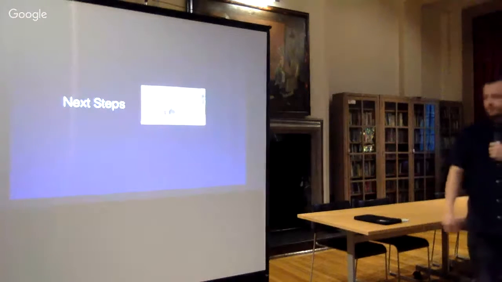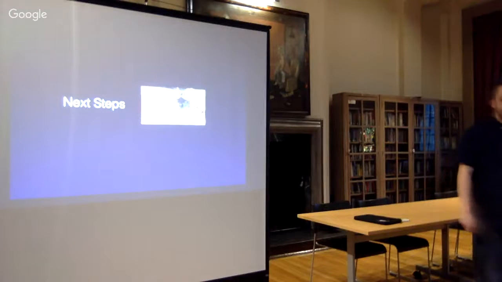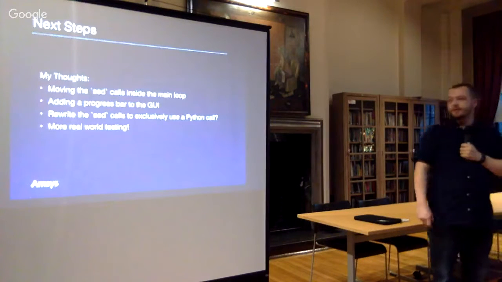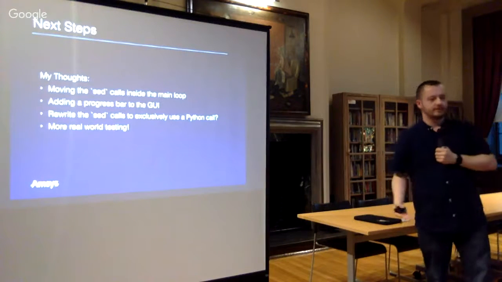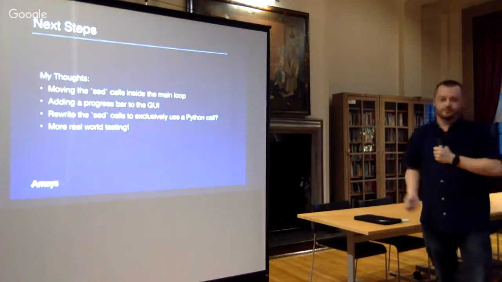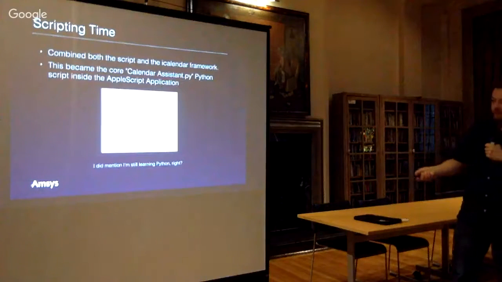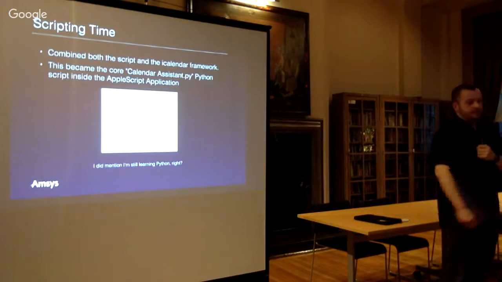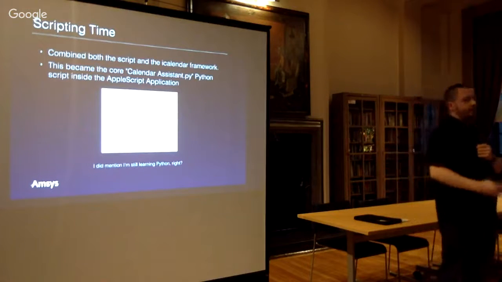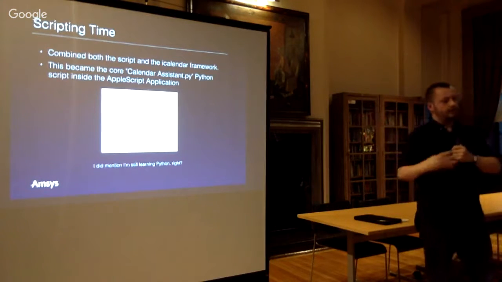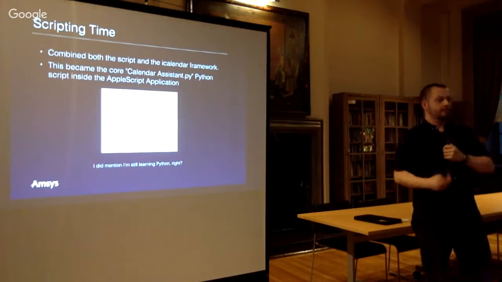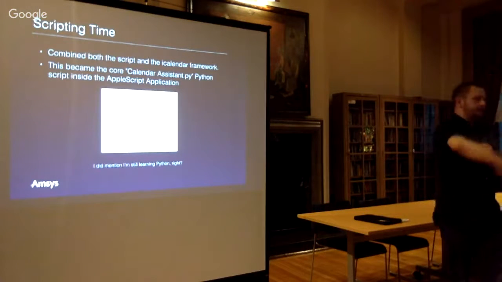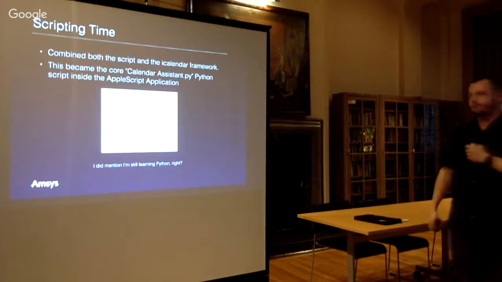But, as with anything, it's not finished. Things never finish. Yes, it's no excuse to use another random GIF. From what I can see, these are my thoughts on what needs to be done next. I'm going to flick back a few slides. Those sed processes are actually outside of the Python loop. I need to do a lot more testing and work on this. If I can move those inside the loop, I might be able to work on multiple ICS files at once. So rather than picking one ICS file, waiting for it to finish, then the next one, you go, right, here's 15, I'm going to lunch, come back, and done.